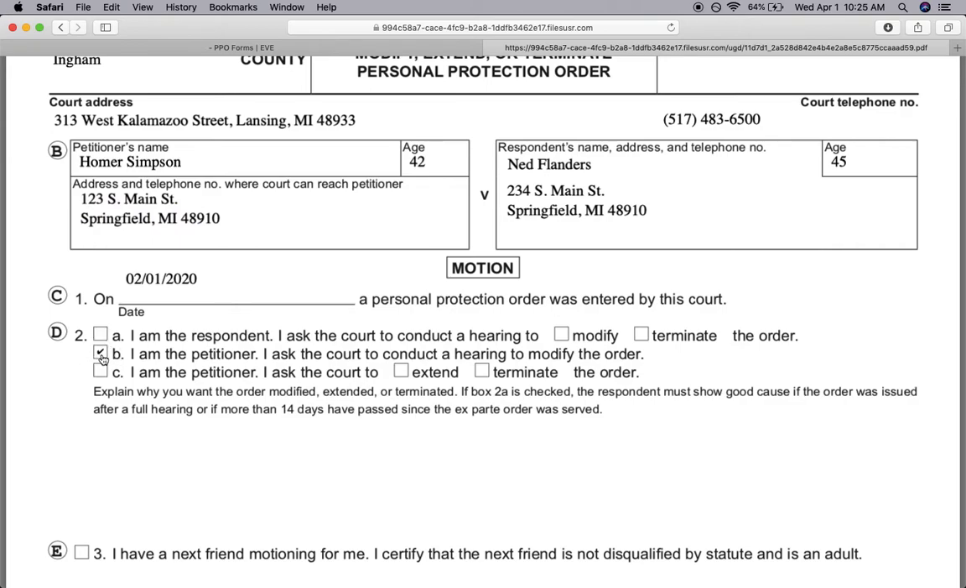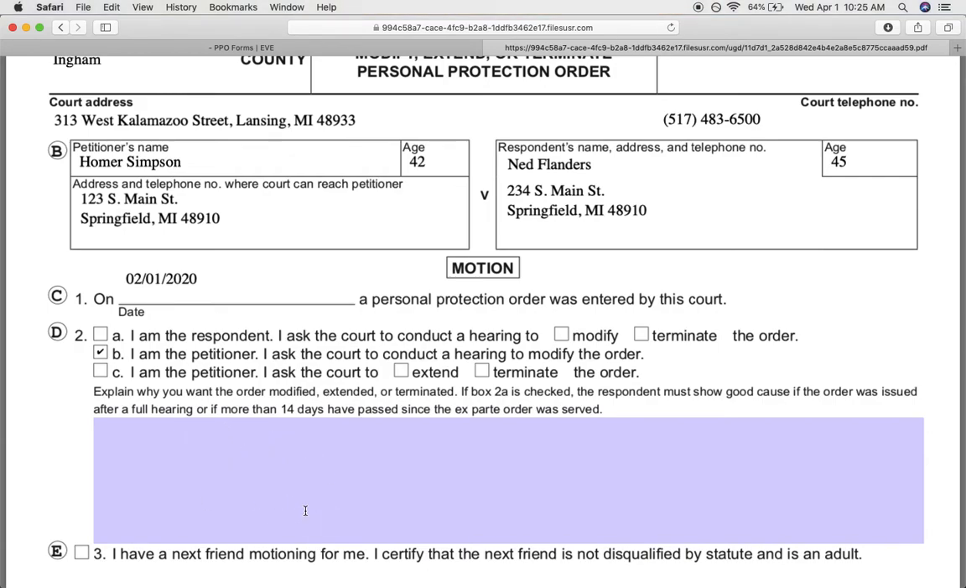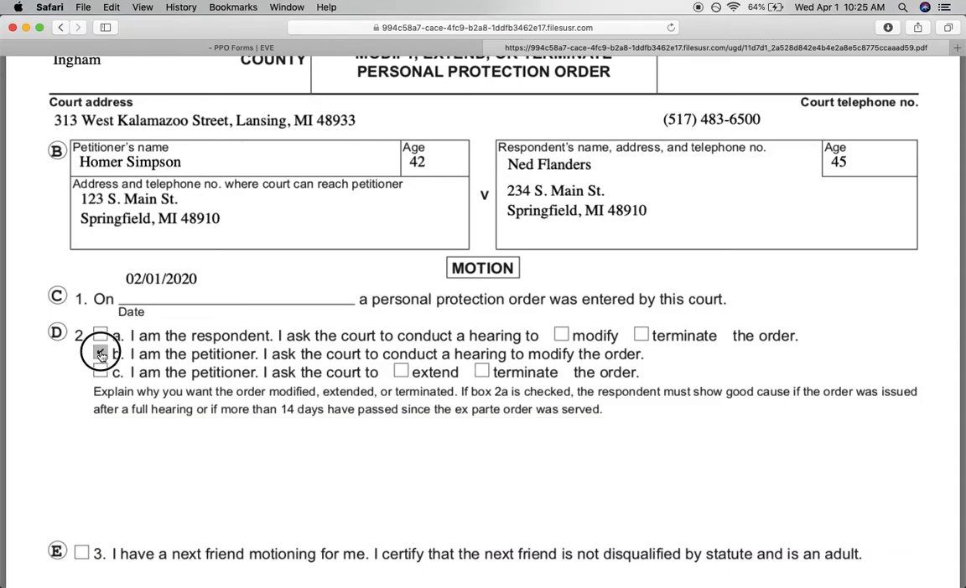Petitioner could check box 2B if they wanted to ask the court to conduct a hearing to modify the order. So maybe add additional protections or take some protections away. And then again, in this section here, they would want to explain why they want the order modified. Or maybe you are the petitioner and you are asking the court to either extend your order or terminate your